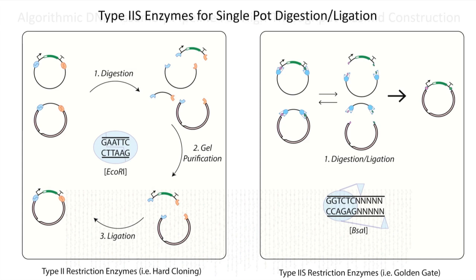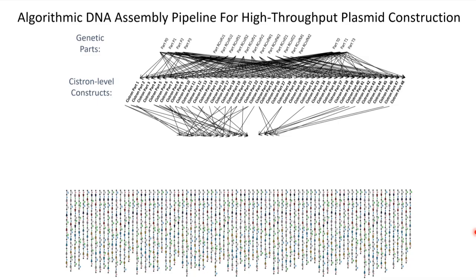And a few key points I want to make on this slide. One is that each of these final clusters is designed first in a computer and then fabricated to meet that design. This is not just a random assembly of parts in which we have no control over what final designs get made. The second point that I'll make, and this is why we call it an algorithmic DNA assembly pipeline,